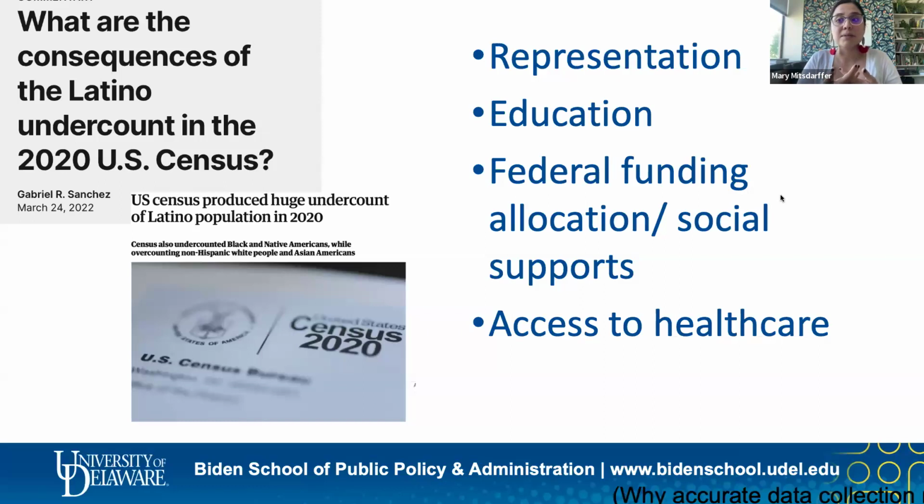It impacts people's ability to advocate and political autonomy. It also impacts things like education funding, what funding is going into what district, because we're missing people and we're missing counts. It impacts federal funding allocations in terms of social support. So your SNAP packages, your Supplemental Nutrition Assistance Program, or what we call food stamps, right? The allocation that's allotted out to certain areas of the country. And it also impacts access to healthcare, right? And the barriers that exist and persist, and what people are there.